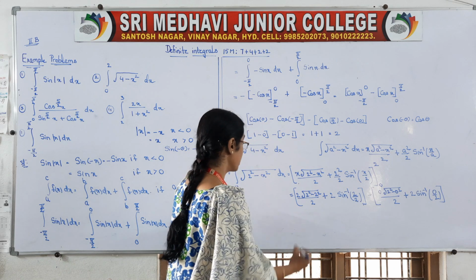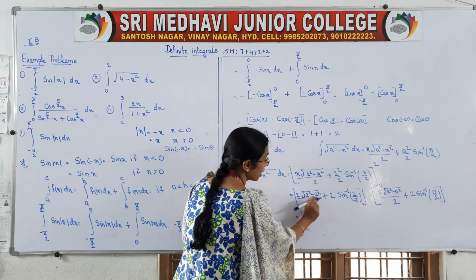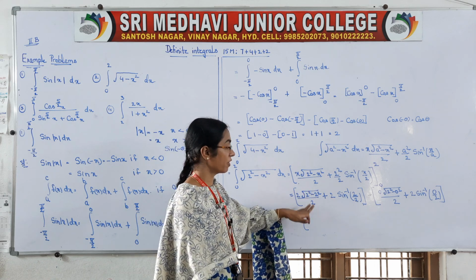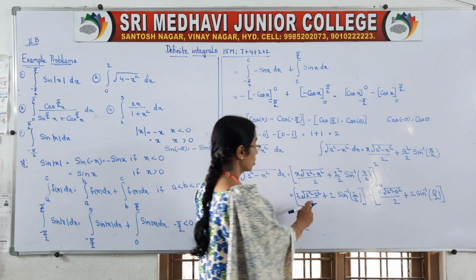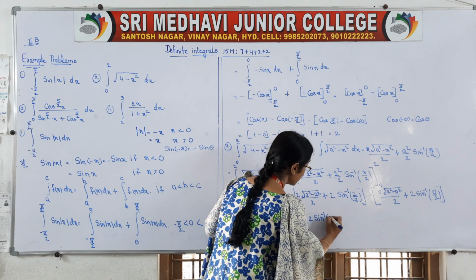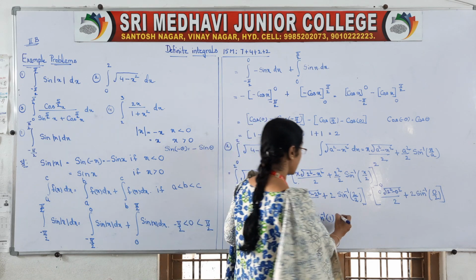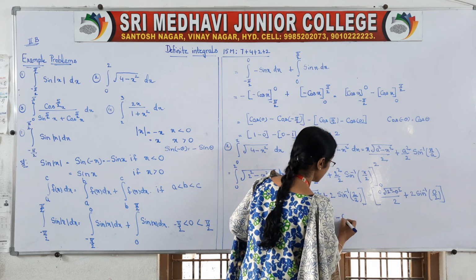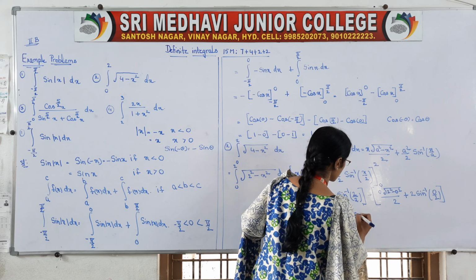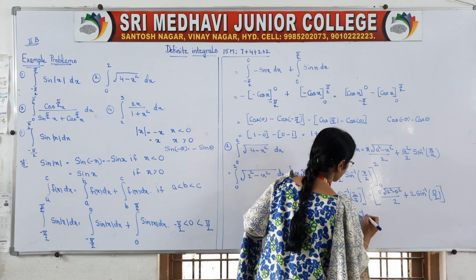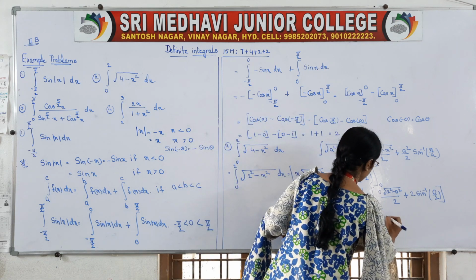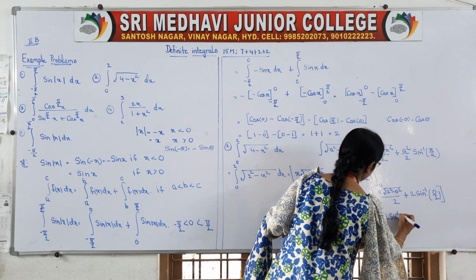So this will be 2 square minus 2 square, root 0 is 0, and 0 into something divided by something is 0, so no need to take this value. So it is 2 sine inverse of 2 by 2 cancels, it is 1. Minus 0 into something, 0 by anything is 0. Next plus of minus, minus 2 sine inverse of 0 by anything, which is 0. So we can write this as 2 sine inverse.